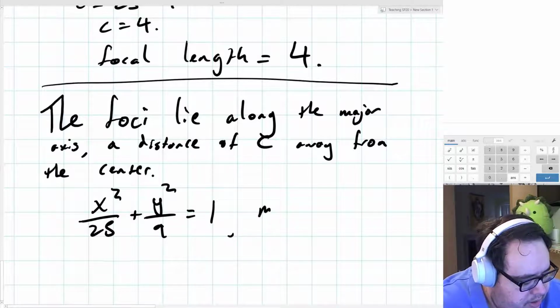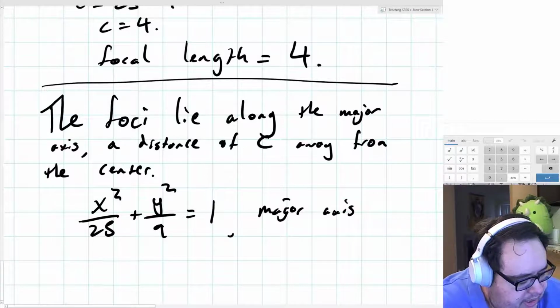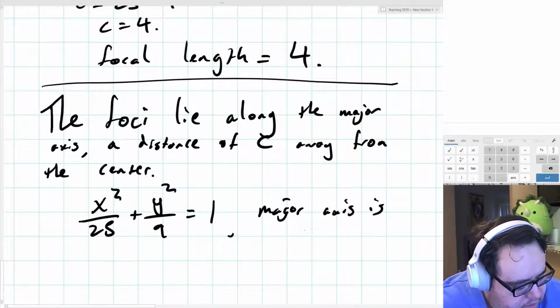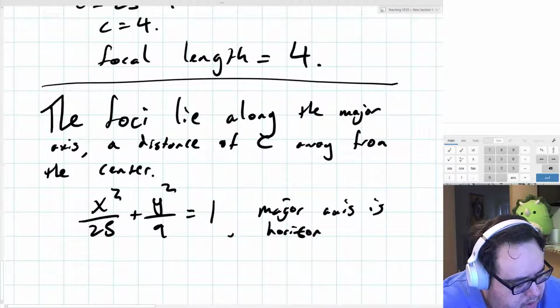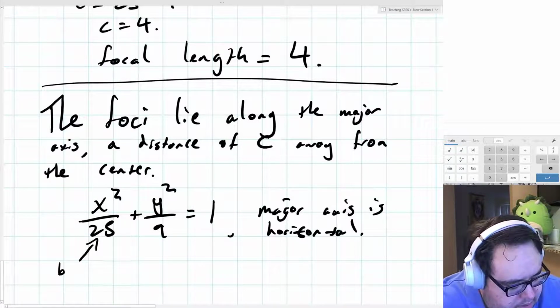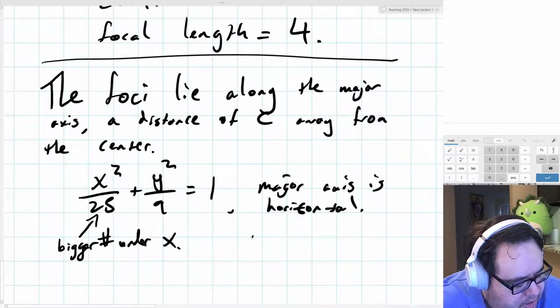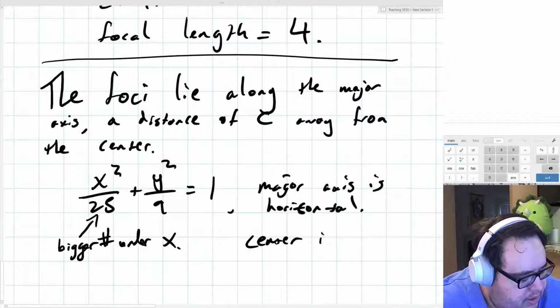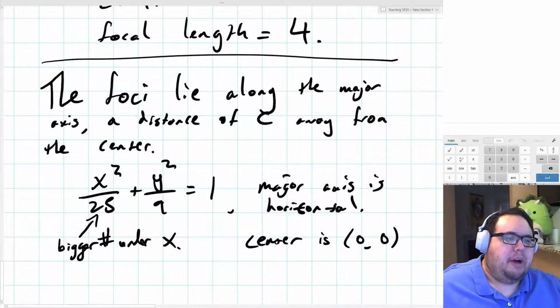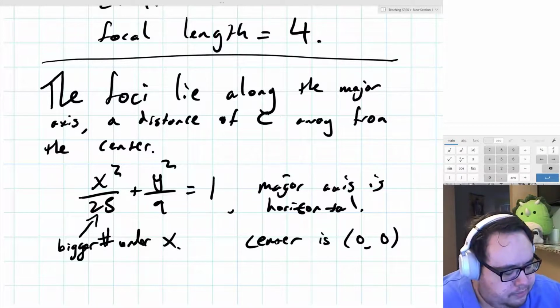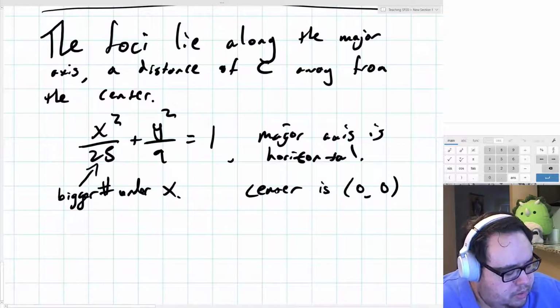So our major axis is horizontal. The bigger number is under x. So we know our ellipse is horizontal. And our center is at 0, 0. There's no x minus anything. There's no y minus anything. So it's the same thing as saying x minus 0 squared, y minus 0 squared. So that tells us